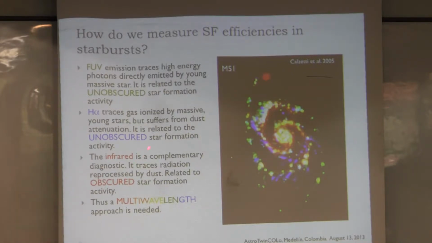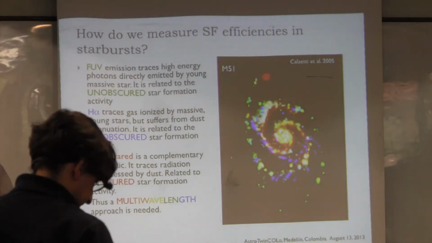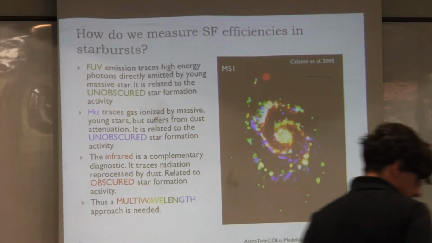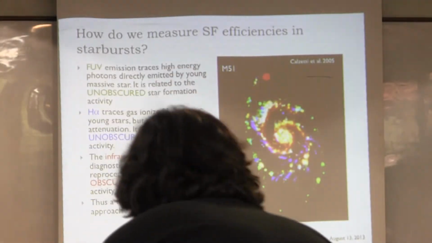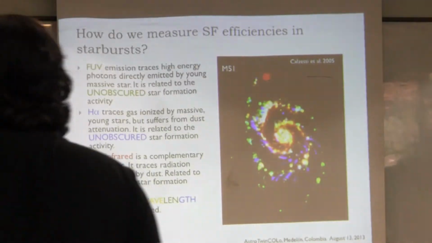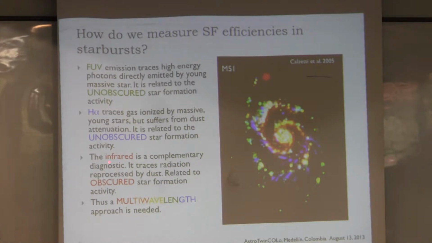then re-emitted. And then you have an obscured part of it, basically regions of star formation that are behind very thin layers of dust. So this dust gets heated and then re-emits the light at far infrared. And then from the infrared, you have information about the obscured star formation in this galaxy. You have, let's say, part of the star formation in these galaxies that is happening behind a lot of dust, and some star formation that happens and we can see it directly. So by combining those two, you can have an idea of the total star formation in a galaxy.